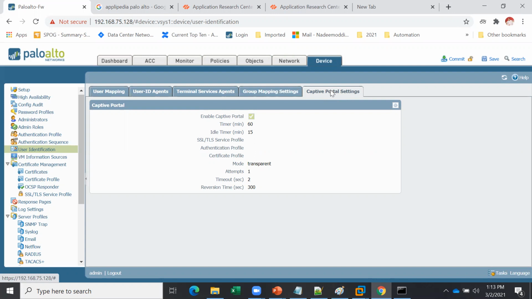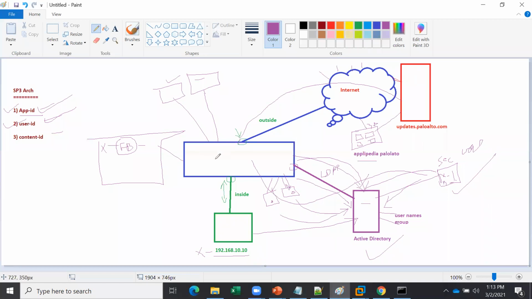So in that situation, what will you do? For the firewall, Palo Alto will not identify the Linux user. In that situation, you need to use the Captive portal. Let's say this is a Linux user. When the user goes out, the firewall will not identify the user, it will identify only the IP address. Why? Because Linux does not support Active Directory here.